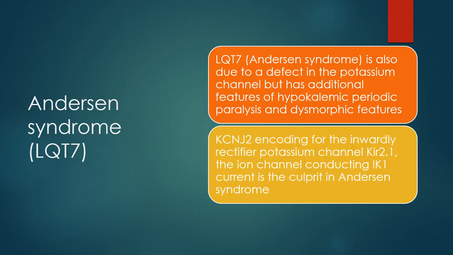LQT7 or Andersen syndrome is also due to a defect in potassium channel but has additional features of hypokalemic periodic paralysis and dysmorphic features. KCNJ2 encoding for the inwardly rectifier potassium channel KIR 2.1, the ion channel conducting IK1 current, is the